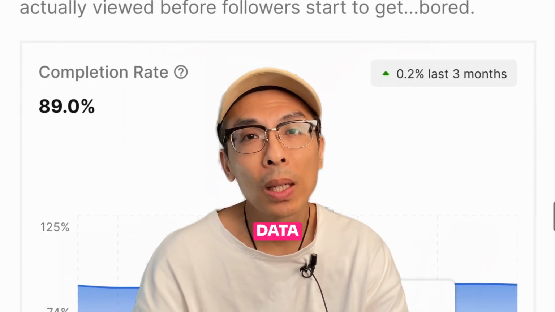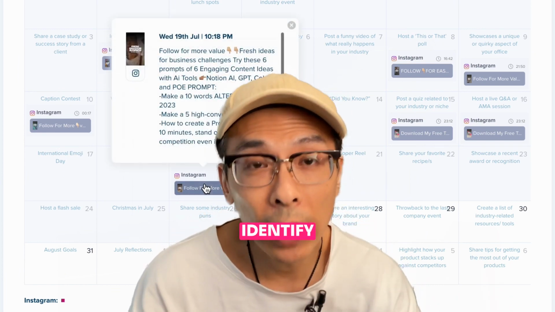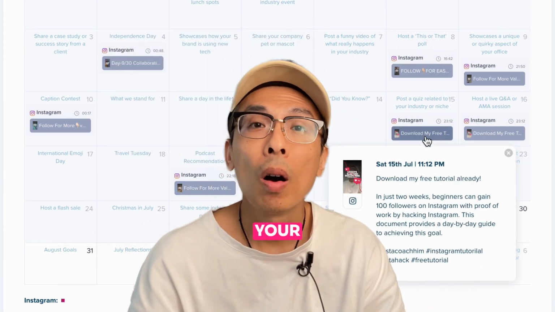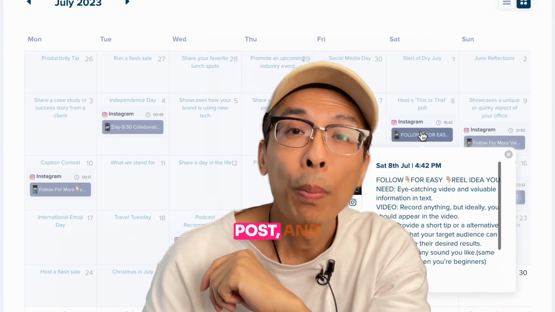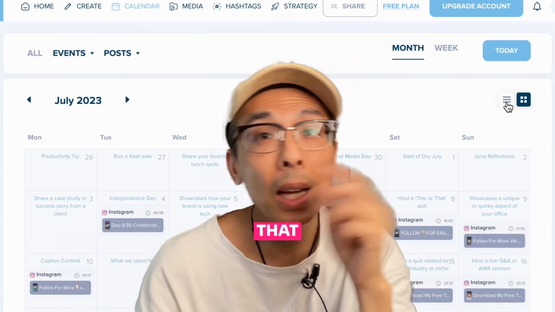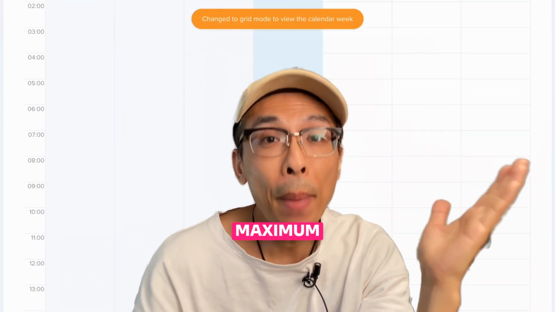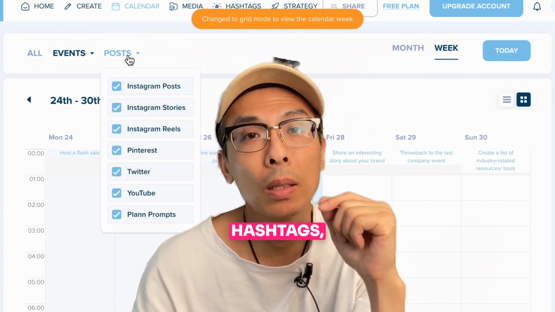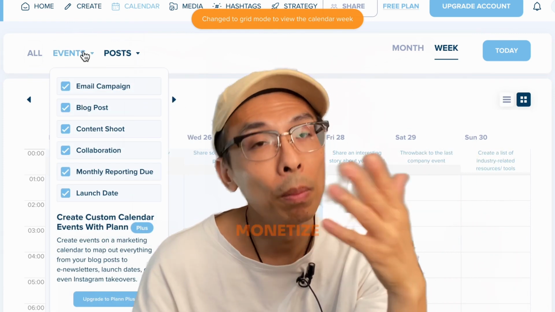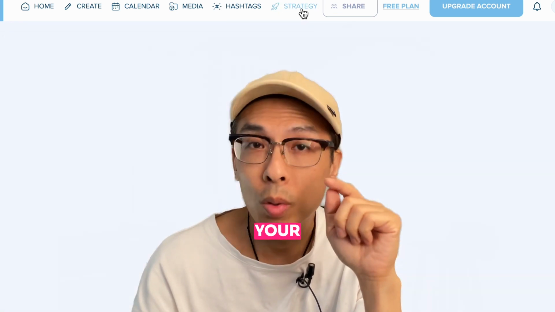Analyze your Instagram data using the planned apps. This will help you identify trends and understand your audience better. Use data analysis to determine the best time to post and the type of content that resonates with your audience. Optimize your posts for maximum engagement using AI-generated relevant hashtags. Monitor your Instagram performance regularly and adjust your strategy